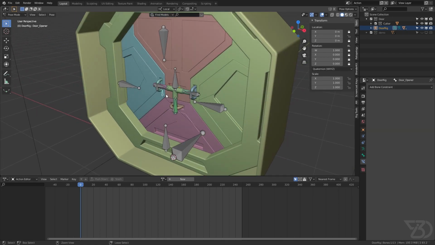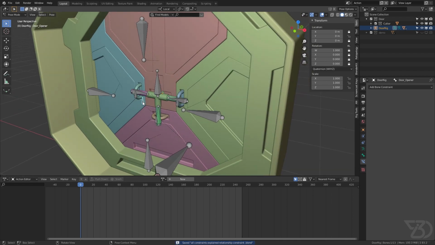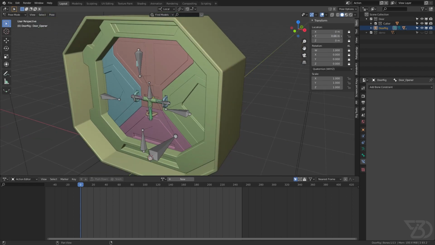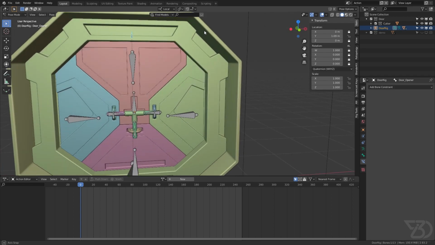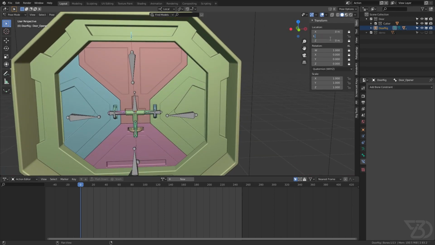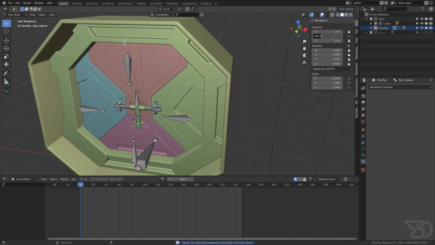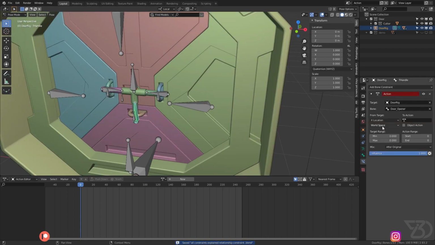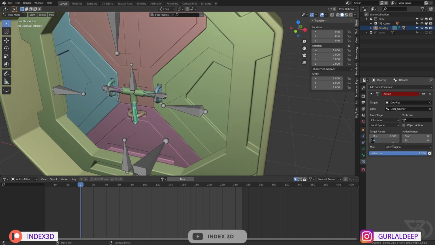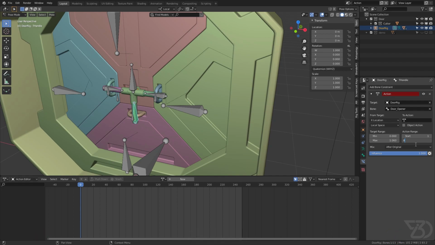So door opener, and then what we want is when we move this in the Y axis, this animation will trigger, and when this reaches about over here, which is 1.06, I guess. Yeah, when this bone reaches 1, it will finish the animation. So I will make it 0, and I will select this. So I want this in local space, and 1.07 or 6, and then the animation will start from frame 1, and it will finish at frame 80, because the animation we created is 80 frames long.